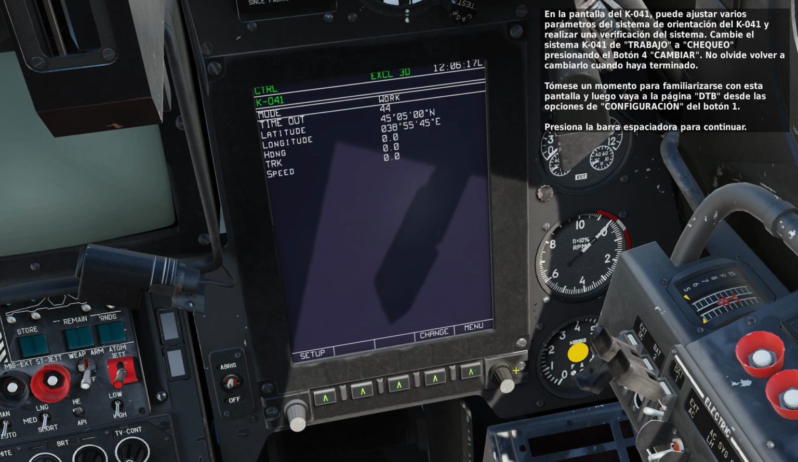In the K041 screen, you can adjust various parameters of the K041 targeting system and perform a systems check on it. Change the K041 system from work to check by pressing push button 4 Change. Don't forget to change it back when you're done. Take a moment to familiarize yourself with the screen, then move to the DTB page from push button 1 Setup